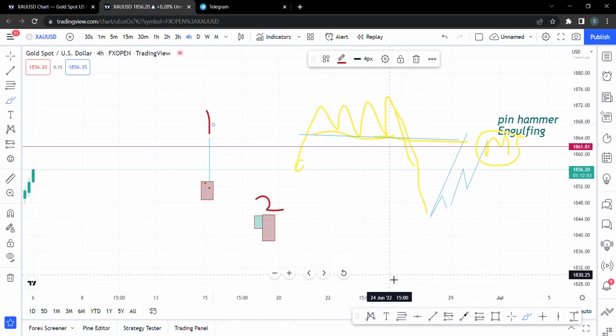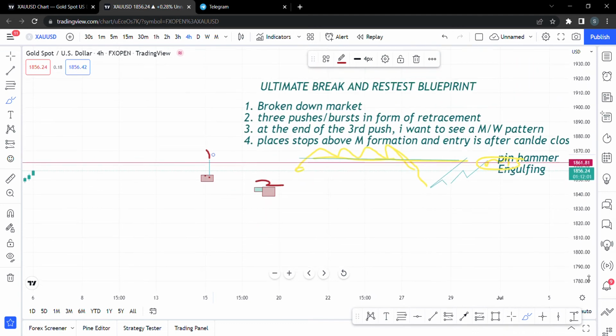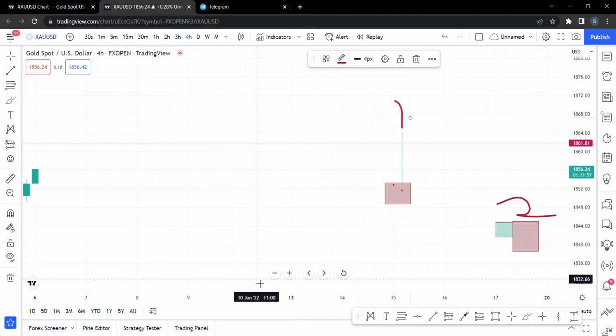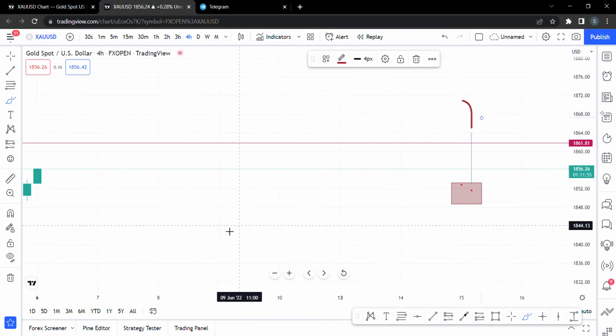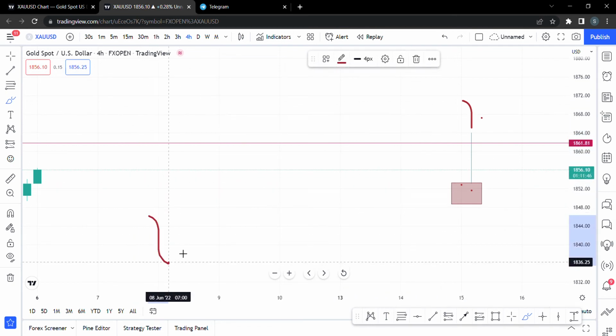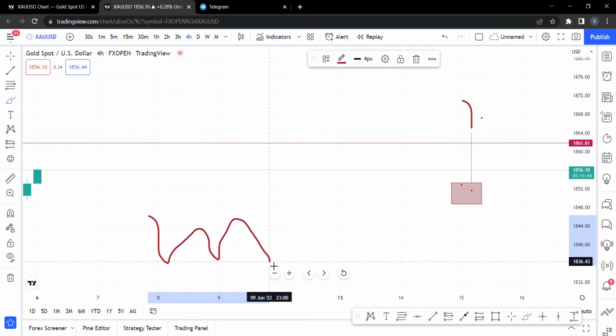Now, let me take a bullish scenario, right? You see the same thing. You have structure hitting this level. You've marked up your